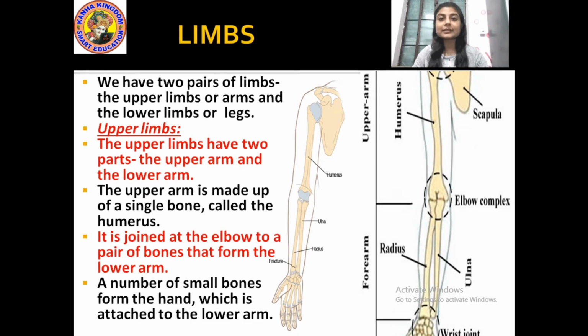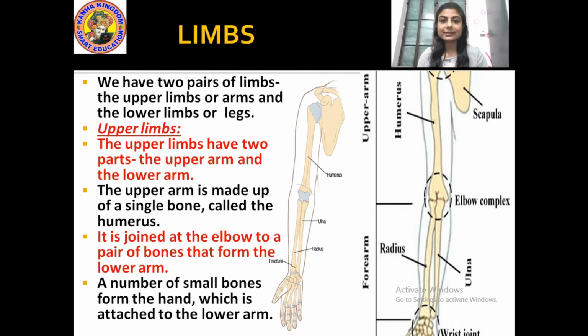Upper limb means the arm or the hand. The bones of the arm or the hand are called the upper limb. The bone that starts from the shoulder to the elbow is called the humerus, which is connected to the elbow, and from the elbow to the wrist, the bone that is joined